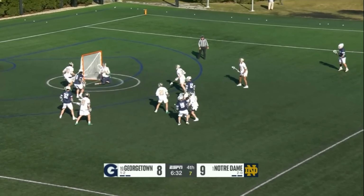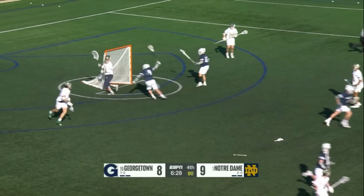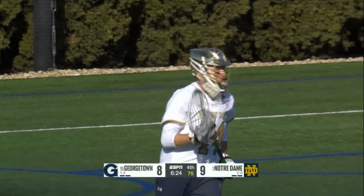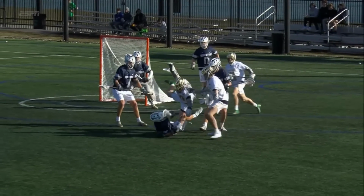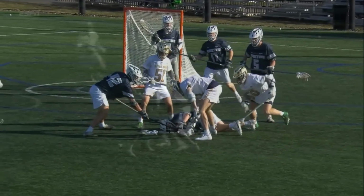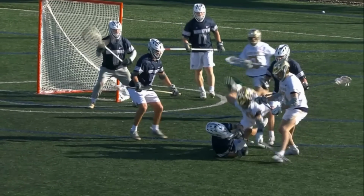Slide comes, that leaves Rodaro open, but Entenmann is there. Body stop. His best of the day. That was a great look by Georgetown. In the box, and the officials took a look at this play and decided 2 minutes unreleasable was the call. Wow. That is a big hit. Direct contact to the head or neck area. That's scary. To the defense of the hitter, there's a little bit of a trip going on there, and the